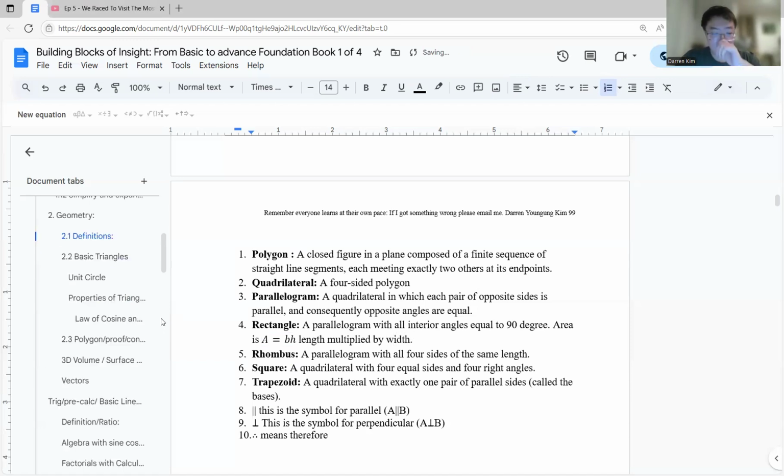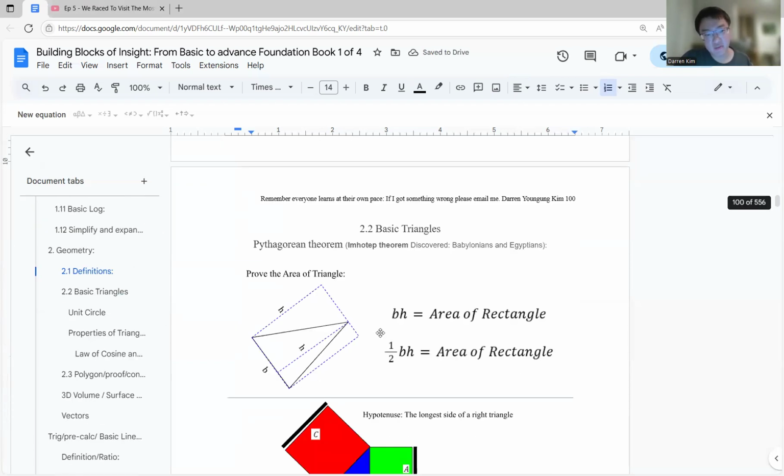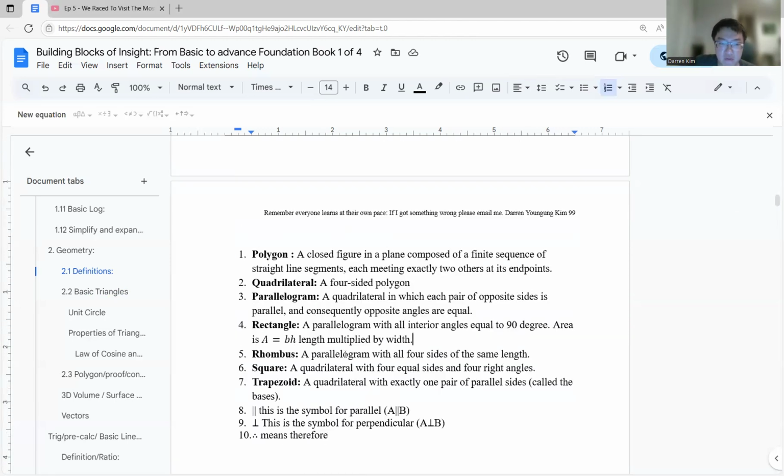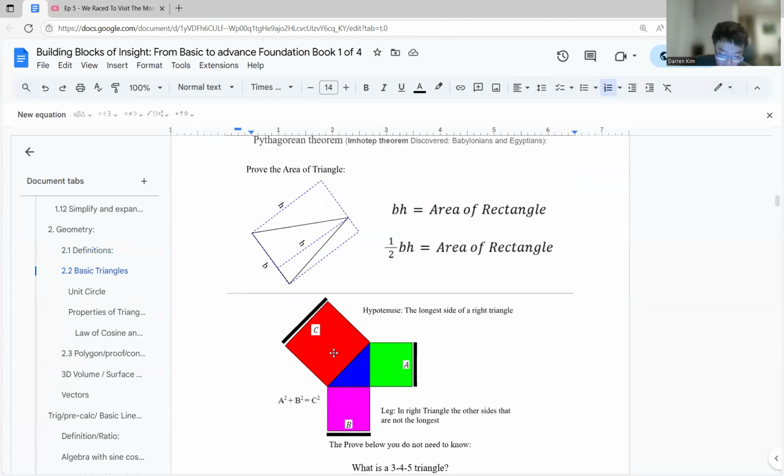Anyway, there we go. That changes nothing, but it changes that I have explained it before, which means I'm probably gonna have to show it up over here. Yeah, I'll do that later. I didn't realize I didn't explain how to get the area of a rectangle. I should explain it here, so it should be good. But basically, you can see the rectangle here, and you just divide it by half. That's how you understand that the area of